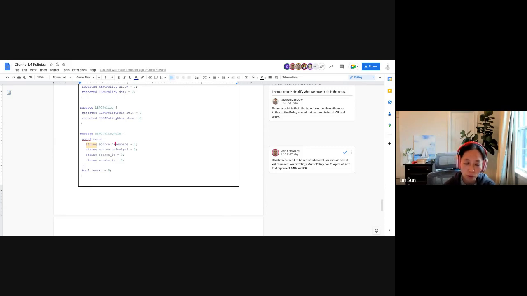I guess one way is to think about Z-tunnel potentially as a CNI, right? So it depends on whether you have a CNI on your system that you want to enforce network policy. If you do, maybe you don't use layer 4 authorization policy from Z-tunnel, if you prefer to use that from your CNI. If you don't have a CNI though, you could use Z-tunnel as your layer 4 policy enforcement,